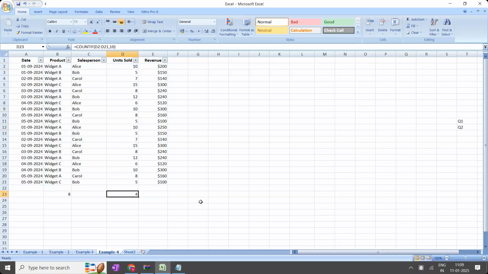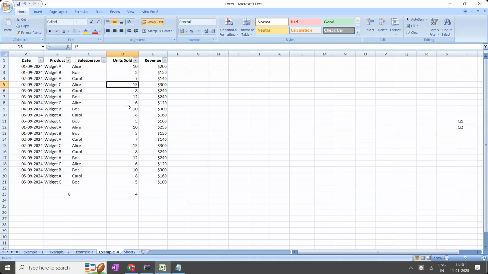Sir, my requirement is not exactly 10, it is more than 10. How many records are more than 10? Then here you have to apply the concept of more than 10. In the given formula, first you have to select the range. More than 10, you have to write in the inverted quotes because the greater than symbol is there, so it becomes a string. You can apply the concept like this. More than 10, how many are there?